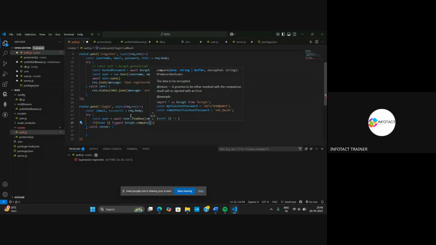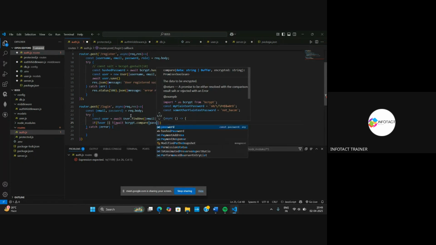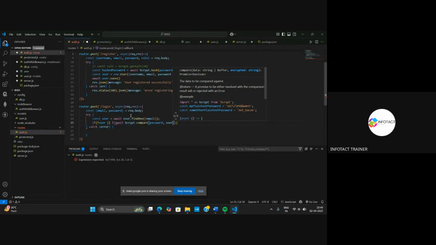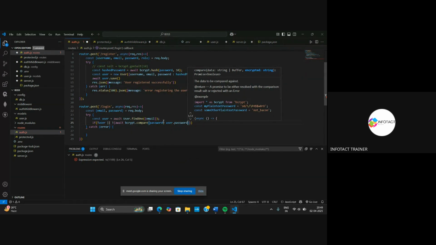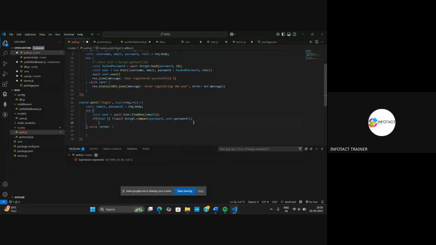And here we will provide a couple of parameters, that is password and then user.password. This is the password provided by the user when logging in, and this one is the password already stored inside our database. So it is comparing the email as well as the password, that is the credentials you require in order to log in to the website. If both of these do not match with each other, then it will return